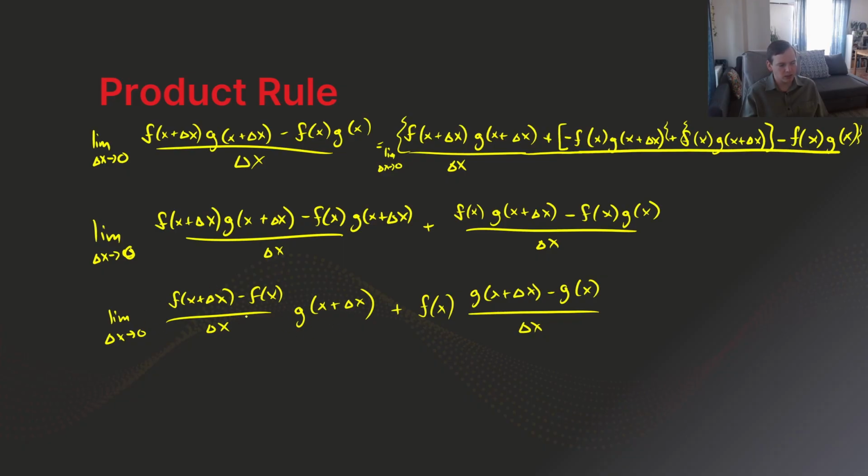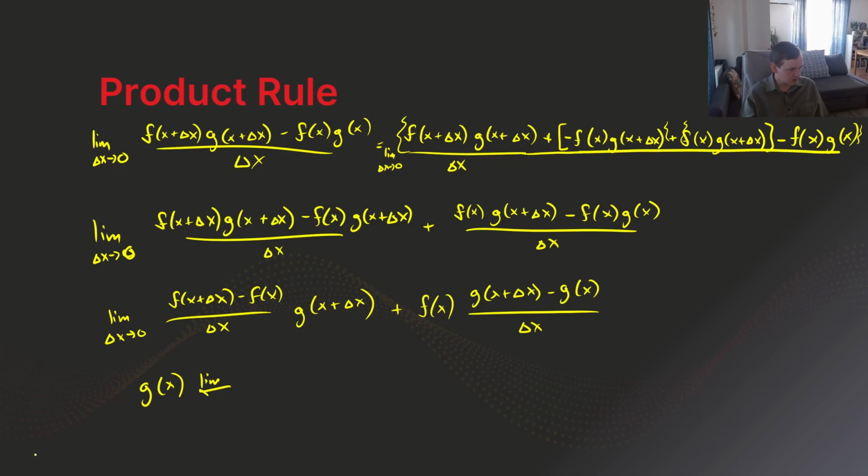Now you'll notice, or if you remember back from our limit rules, I can apply the limit to the different parts of these terms separately. So I'm going to apply the limit to the g of x plus delta x. I'm not going to apply it to this f of x portion just yet. When I plug in delta x approaching 0, I get g of x times the limit